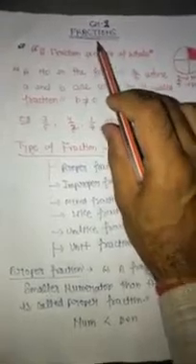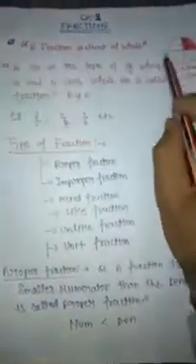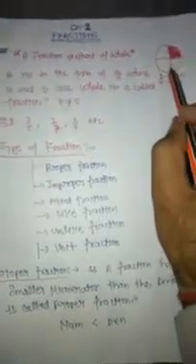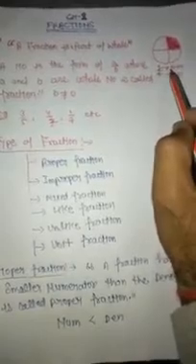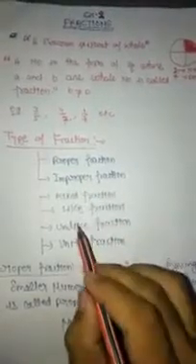I am repeating what we have discussed in detail till now. We have discussed what a fraction is. We took an example of a circle, divided into 4 equal parts, and we took one part, and one out of the 4 parts is called a fraction. Here 1 is the numerator and 4 is the denominator. A fraction is a part of whole. A number in the form of a by b, where a and b are whole numbers, is called a fraction. We took the examples 3 by 5, 4 by 7, 1 by 7, etc. We discussed the types of fraction: proper fraction, improper fraction, mixed fraction, like fraction, unlike fraction, and unit fraction. We discussed proper fraction also.